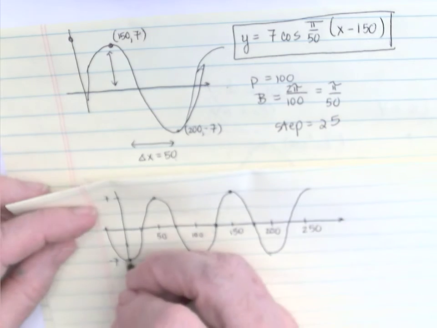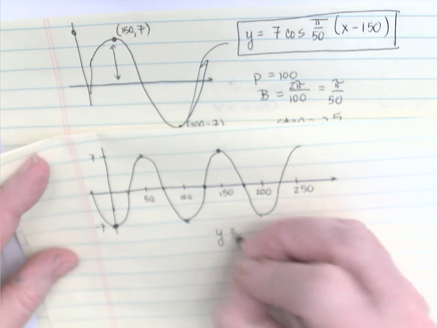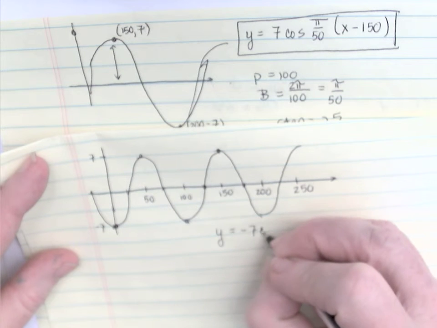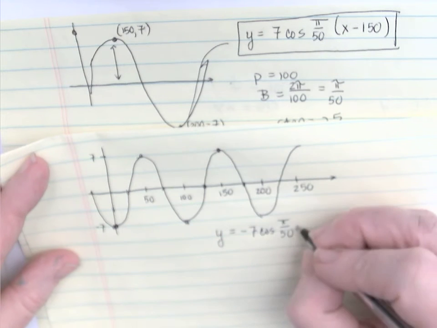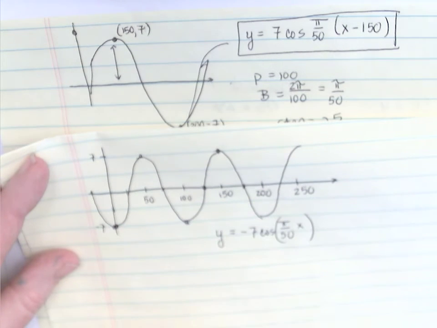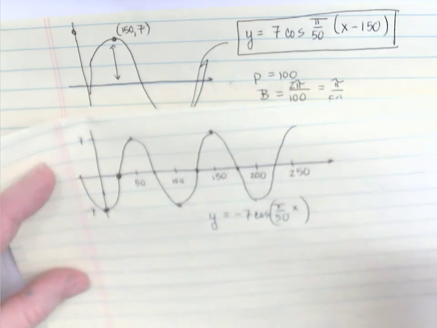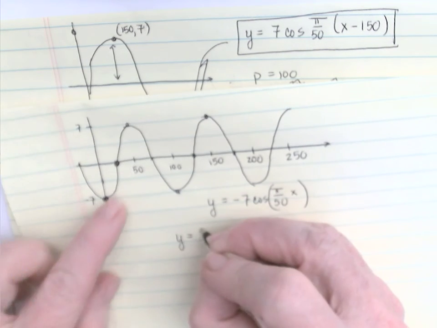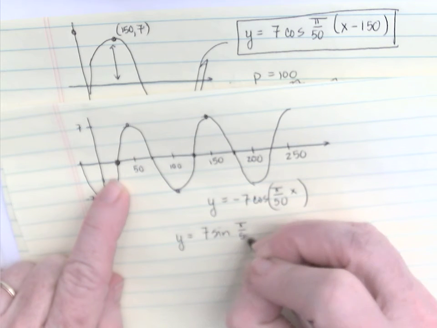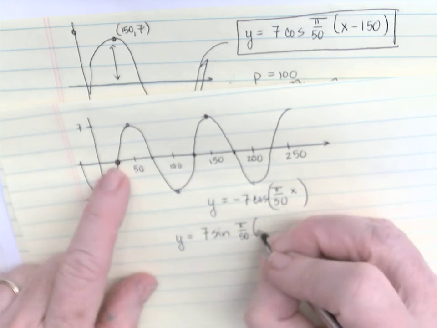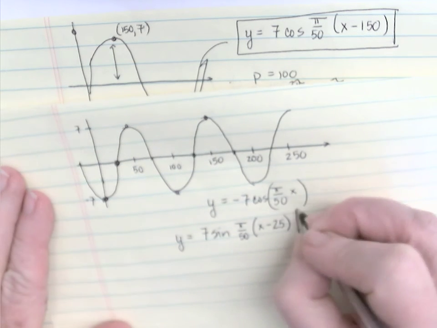So this is a much easier graph, and in fact I think clearer if we say that this is just -7 cosine pi over 50, and then in fact we don't have to shift this at all. So that's certainly fine. If you are a sine sort of person, you could say this is going to be 7 sine of pi over 50, but then obviously this has shifted 25 to the right,